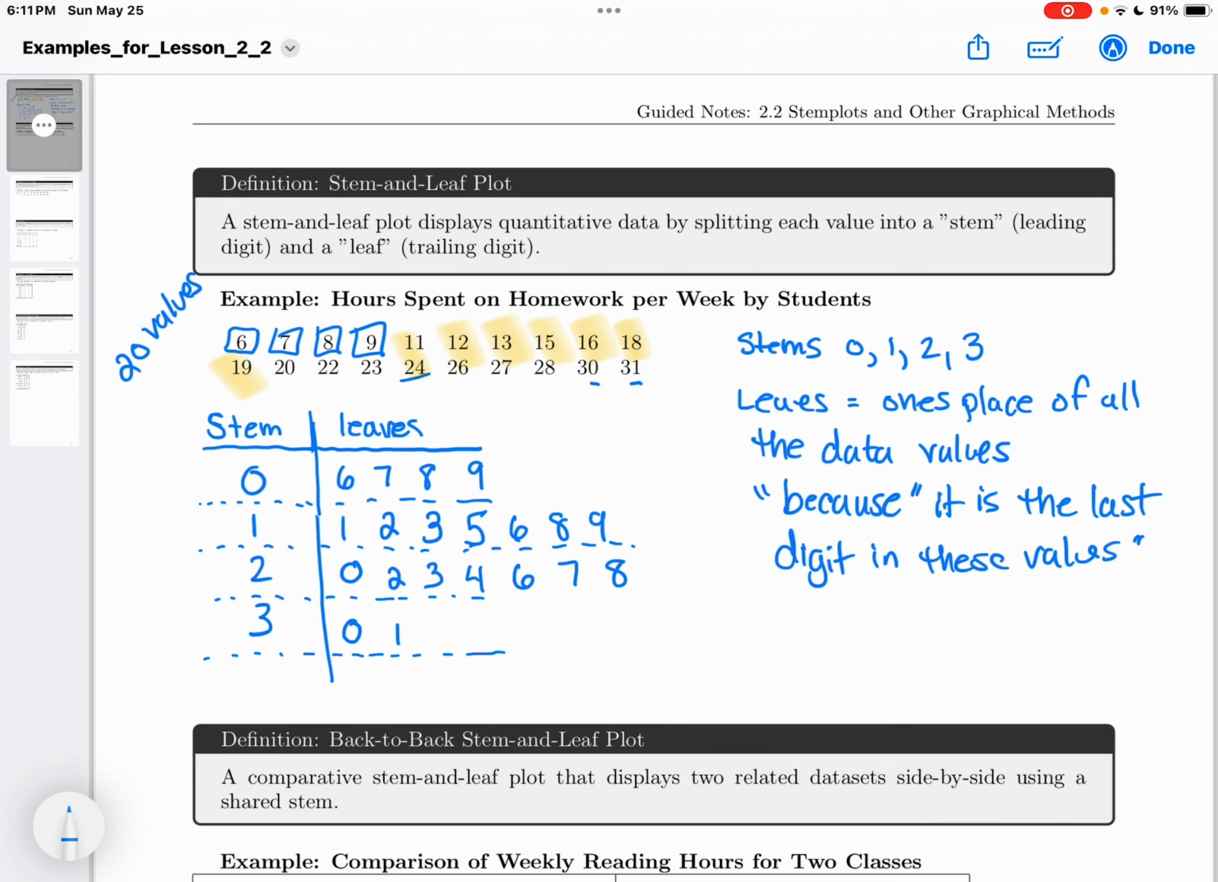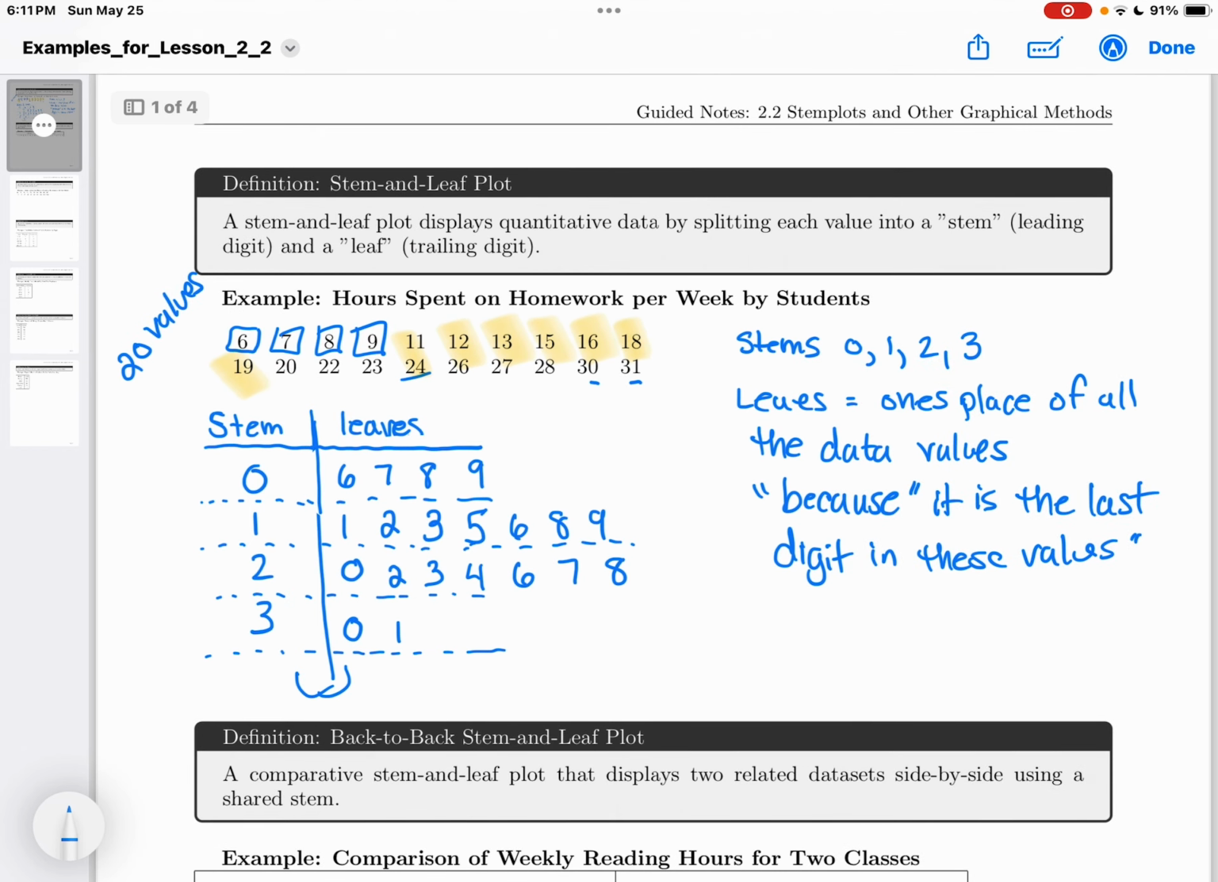One thing to mention, if you don't have a value that you need to put in one of those rows, do not put a 0, just leave it blank. Because if you put a 0, the reader might think that there's a value there of 30. So for example, if I had no 30s, no values in the 30s, and I put a 0 there to indicate that there's 0 30s, that means